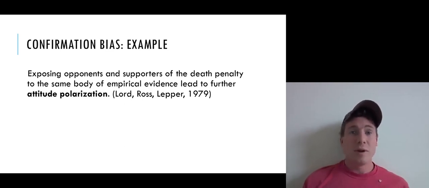That can be explained in terms of confirmation bias, because the subjects who initially favored the death penalty tended to discount the study that opposed the death penalty and overweight the study that also favored it. Whereas students who initially opposed the death penalty tended to discount the study that favored the death penalty and overweight the one that tended to oppose it. And so that led the students to have even more disparate, or even more divided, views by the end.